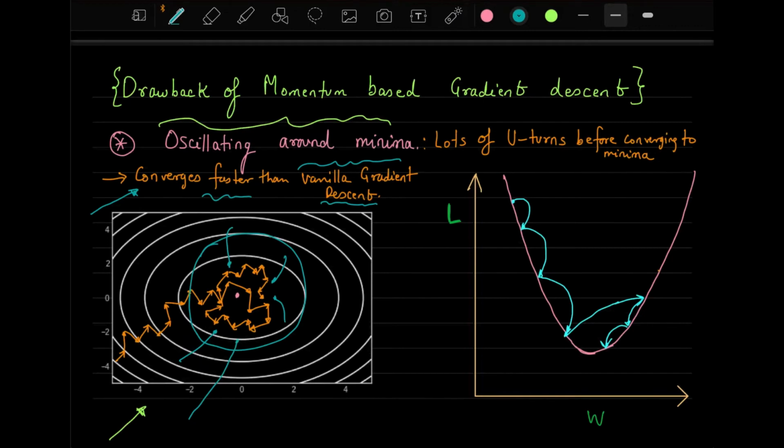On the right side, it is showing you the similar situation but in a bowl shape function. Now you can see two important things: each step the momentum gradient descent makes shows irregularity. In the first step it is moving by this value, in the second step the value is increased, in the third step it is increased more. But in the earlier situation of gradient descent, it was not like that. It was something similar, but the step length was not that big. This step length is changing because it is getting feedback from the momentum term that it has.